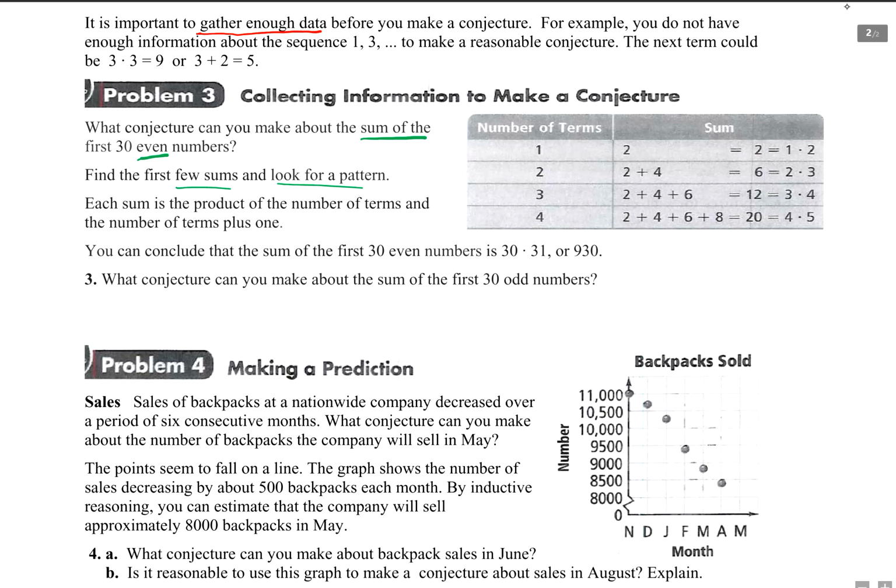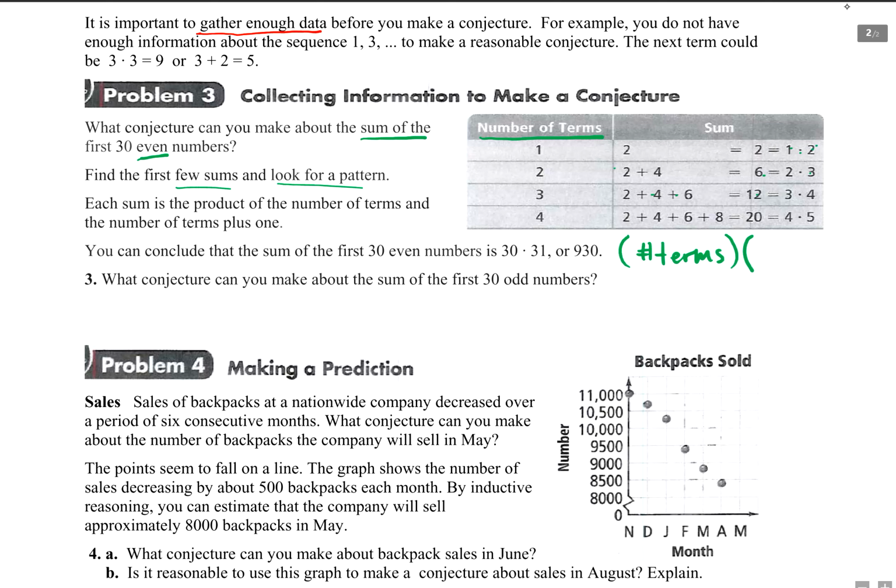Now let's look at the sums. 2 is just 2. 2 plus 4 is 6. 2 plus 4 plus 6 is 12. 2 plus 4 plus 6 plus 8 is 20. How can we relate that to the number of terms? Well, if you look over here, the number of terms: 1 times 2 is 2. 2 times 3 is 6. 3 times 4. So we have the number of terms